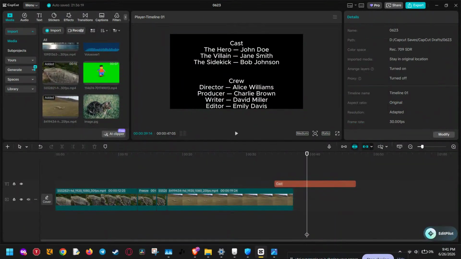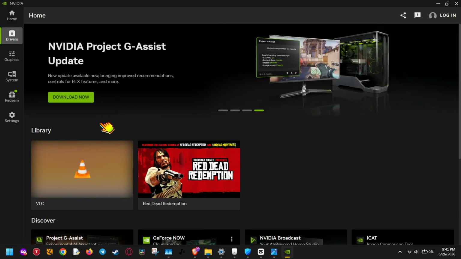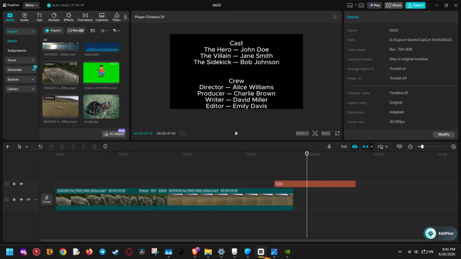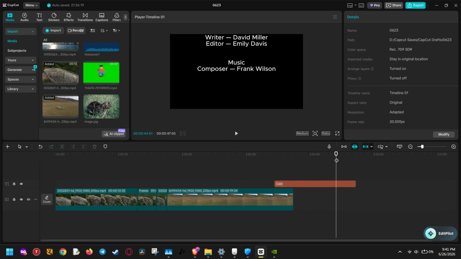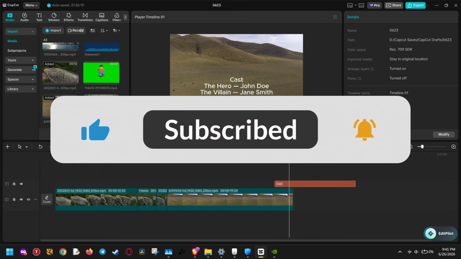If CapCut keeps crashing or freezing on your PC, don't worry, because in this video I'm going to walk you through the most effective fixes step by step so you can get back to editing smoothly. CapCut Desktop is an amazing tool, but sometimes performance issues, cache problems, or software conflicts can cause it to lag, stop responding, or crash right when you need it most. By the end of this guide, you'll know exactly what to check, what to change, and how to stabilize CapCut